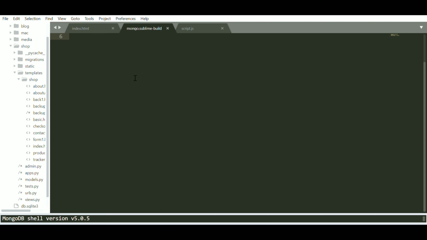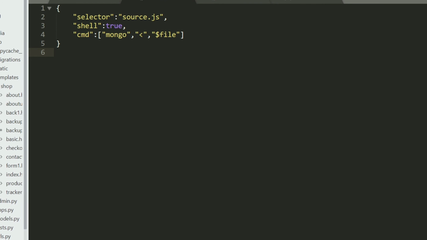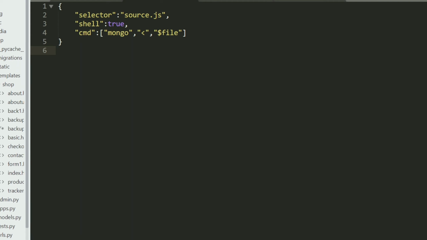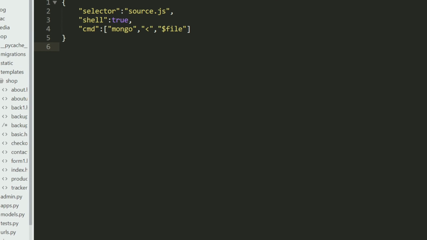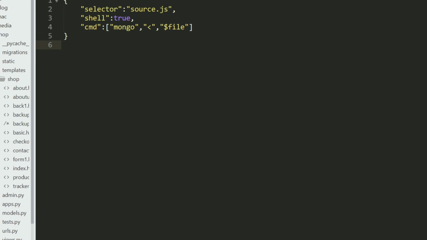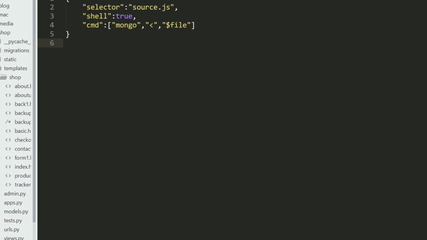We have to create the file name and then connect MongoDB to the IDE. First, you can see many things here: file, edit, selection, find, view, go to, tools, project, preferences, and many more.